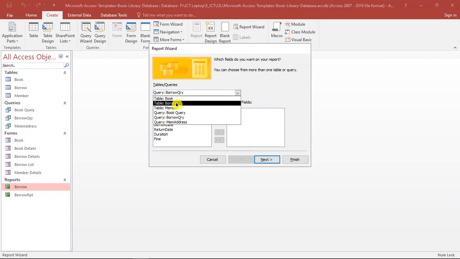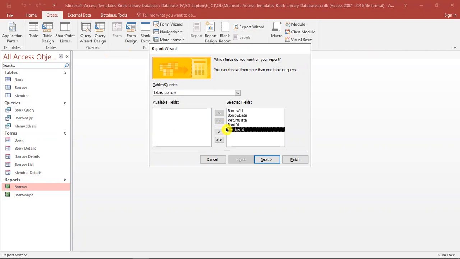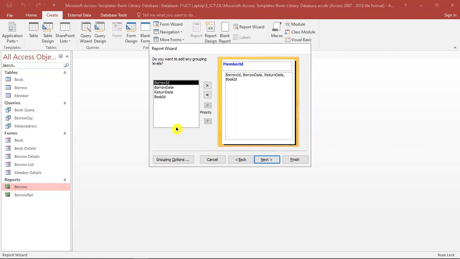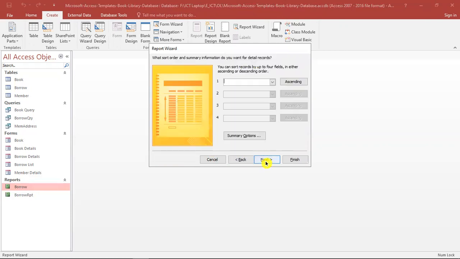We can select the table from the report wizard, and we can add what are the fields that we are going to print or get the output, or what are the fields that we are going to make view inside reports, and click next, and click next again, and we can select fields in ascending or descending order.